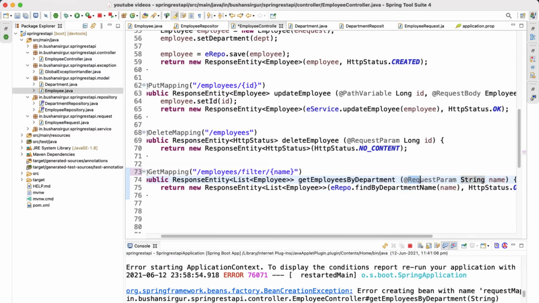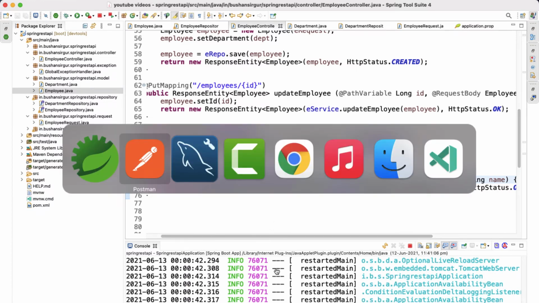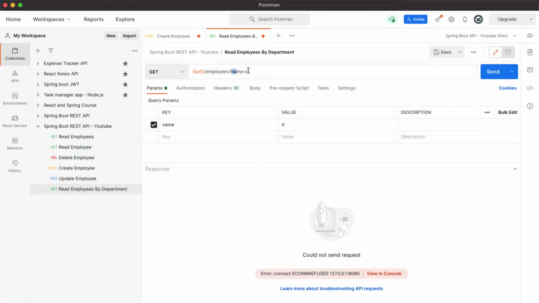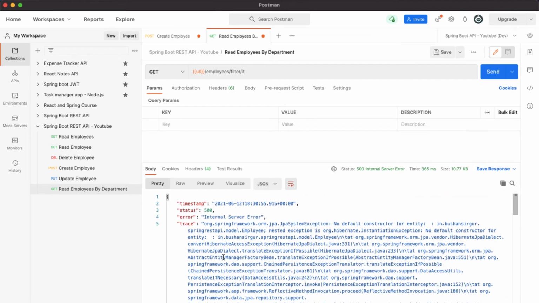Let me remove this request param and use the path variable. Let's save this and go back to Postman. Let me change the URL to slash filter slash IT. When I click send, we should get the records, but still there is an error: no default constructor.